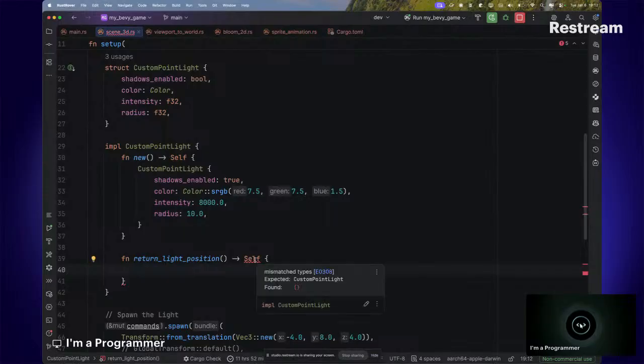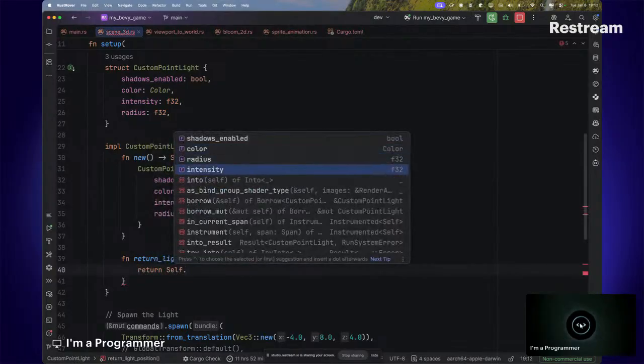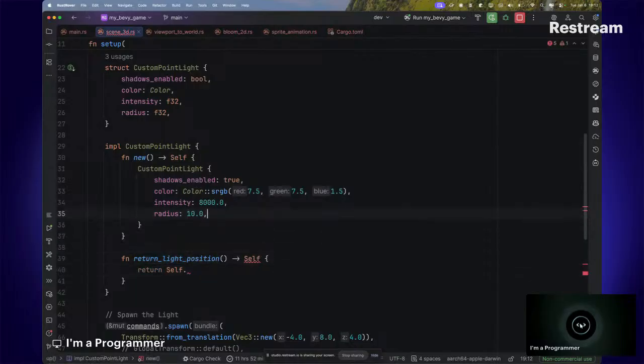This is going to throw an error because it's telling me mismatch types, because I'm not returning anything from here. I can actually return self dots. Let me call this is shadow enabled. Self dots shadow enabled, I'll just return this. But basically, I'll return this as a bool, and now automatically this becomes